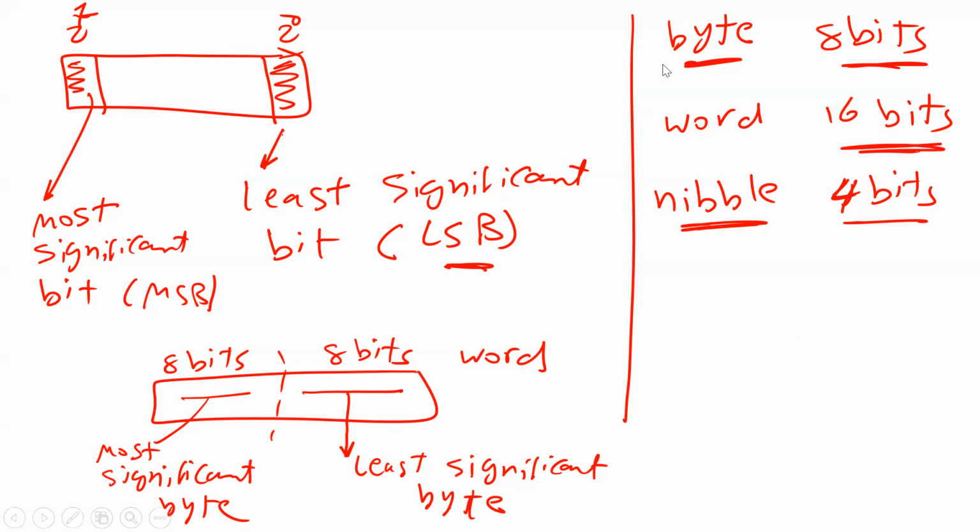One more thing here. A word, as I said, is 16 bits, or actually 2 bytes. So this is a word. We have 8 bits here and 8 bits here. In total, we have 16 bits. So 1 byte here and 1 byte here. 2 bytes, okay? Look here, guys.